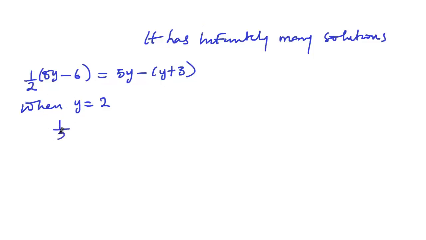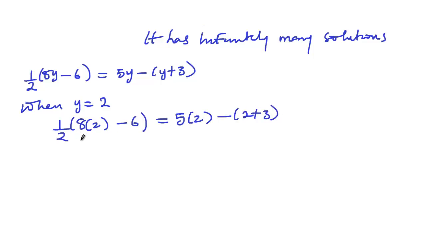So we have 1 over 2 into bracket 8 into bracket 2 minus 6, is equal to 5 into bracket 2, minus bracket 2, plus 3. So this one will now be 8 into bracket 2 minus 6 over 2